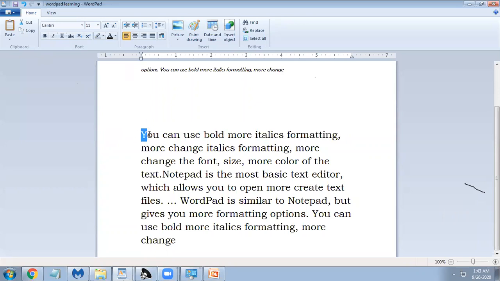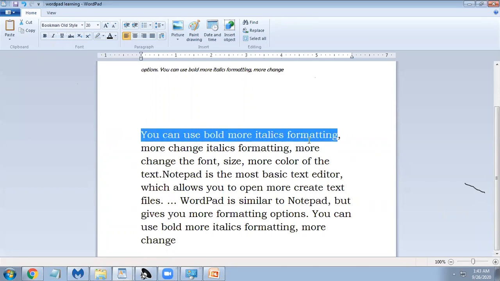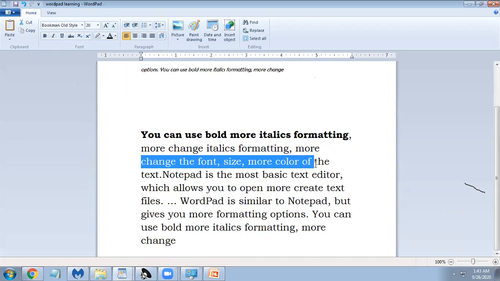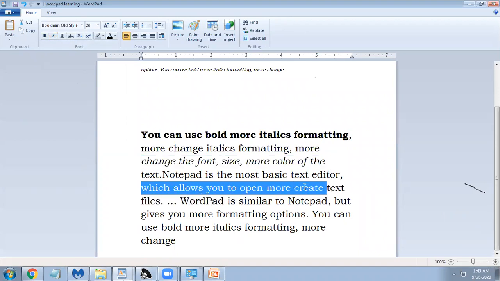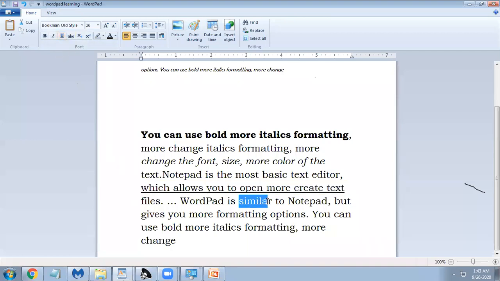So we want to give some bold. So this is how we do bold. If you want to do italic, italic means somewhat slant. It will get slant. If you want to underline, just select, just go for underline. If you want to cut, similar, you just ABCD cut, there will be a line showing. Okay. And if you want to